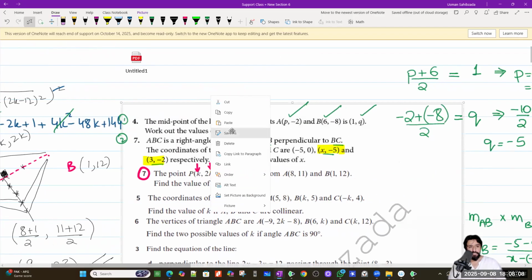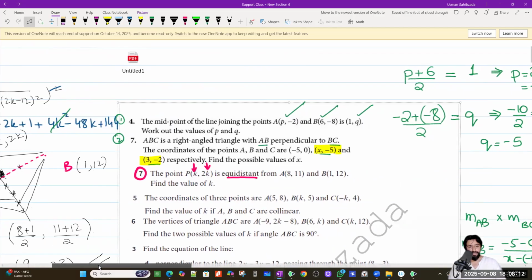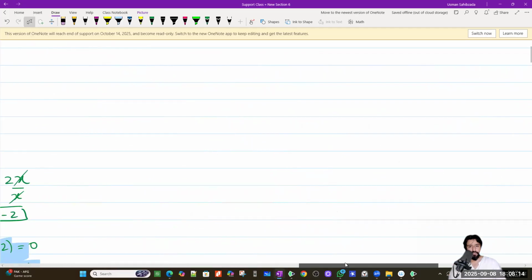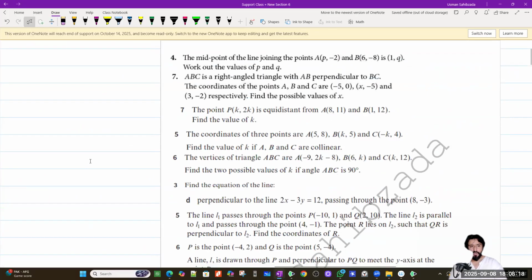I hope that made sense. Then we'll do question number 5, the collinear one. Okay, let's do it here. Collinear: co means together, linear means they are together on the same straight line. If there are 3 points, which they're saying there are 3 points,